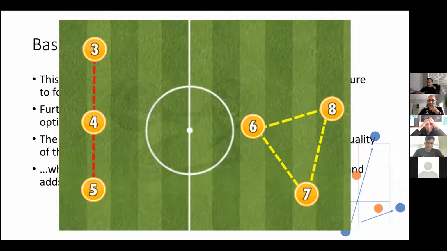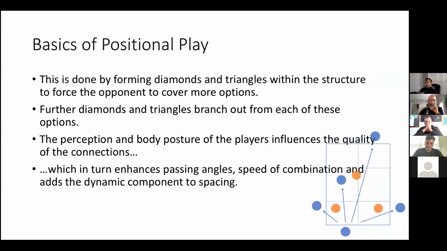But that's just a really simple example, I think, and a really clear way to show the value of this. This is why we look for triangles or diamonds in our shape rather than being in a straight line, because it just makes it more efficient and it's harder to defend, because now if there's a defender there, they have to defend 2 passing options for each player. Right. So basically you want to create triangles and diamonds in your shape on the field, and the rest of the team interconnected with each other.